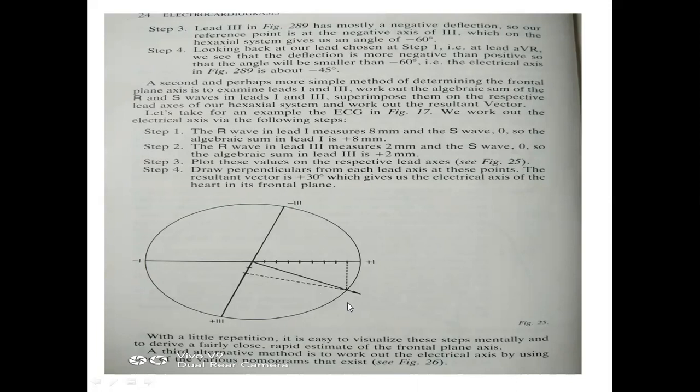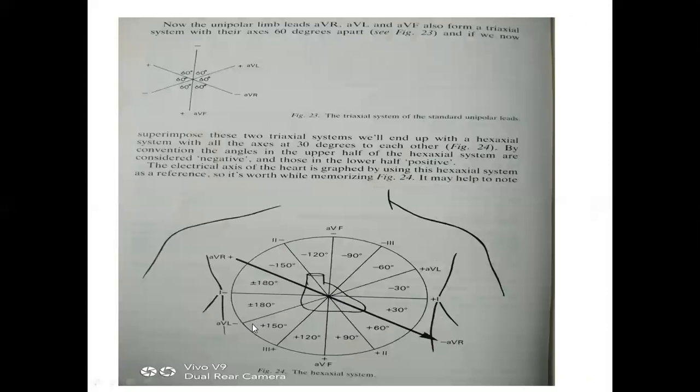See, plus 45 is here. You saw the first chart? What is the center spot between 90 and 0? It is about 45, no? So if this is 90 and you add 45, what is the degree going to be? 135. Plus 135. Correct. So when you're writing right axis deviation, in brackets you have to write plus 135. Then 135 can be minus also.